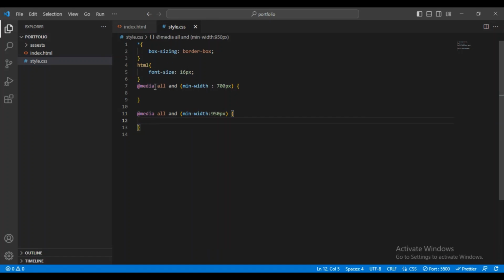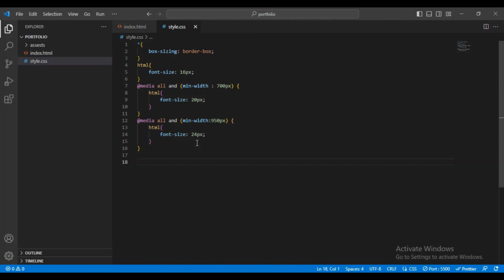Like this, let me copy this one and paste it here, and this font size will be 20 pixels. Then copy this part, and this font size will be 24 pixels. I adjusted it like this because I will use rem for the width, height, and all these things in this project. And now first of all I will get the body, remove the margin and padding, and